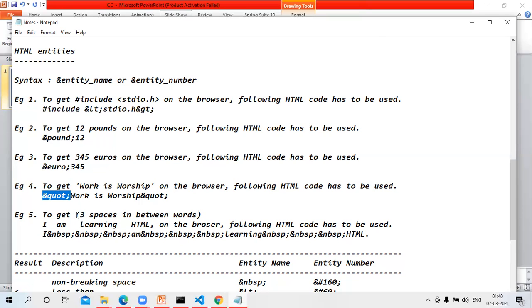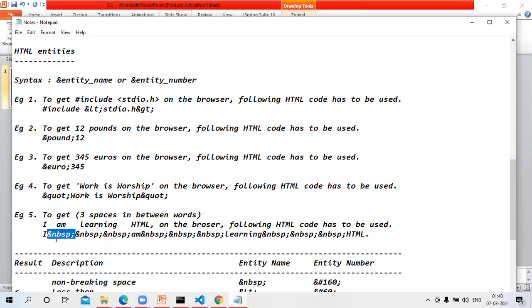And then to get spaces in between the words, the entity called NBSP has to be used. NBSP stands for non-breaking space. So ampersand NBSP semicolon will be replaced by a space. We know that if we leave spaces in between the words, the browser will not respect those spaces and line breaks.